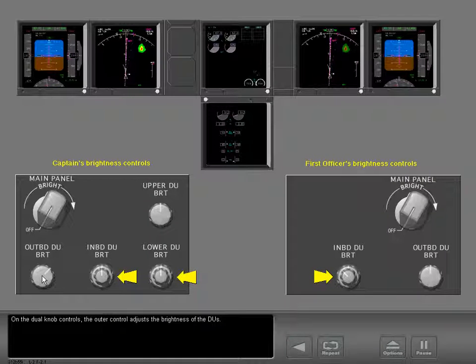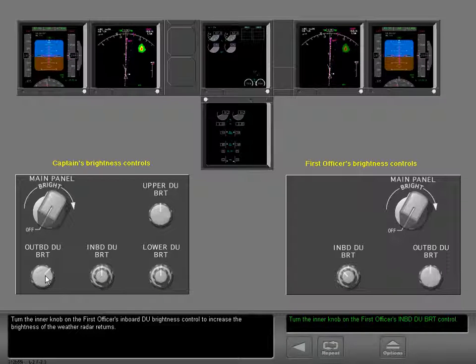On the dual knob controls, the outer control adjusts the brightness of the DUs. The smaller inner control adjusts the brightness of the weather radar returns. Turn the inner knob on the First Officer's inboard DU brightness control to